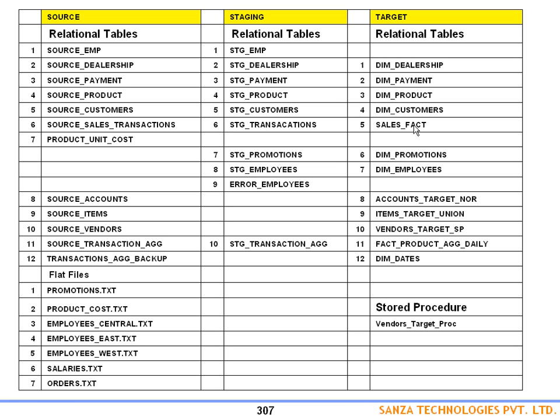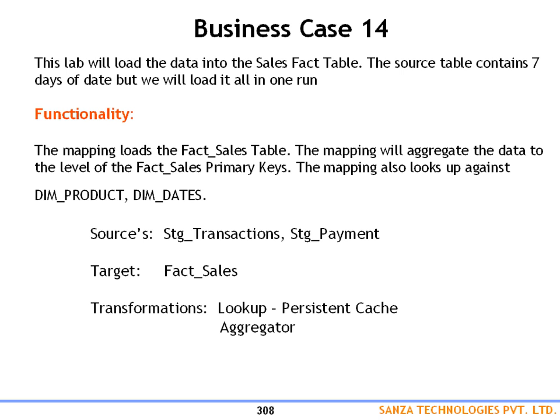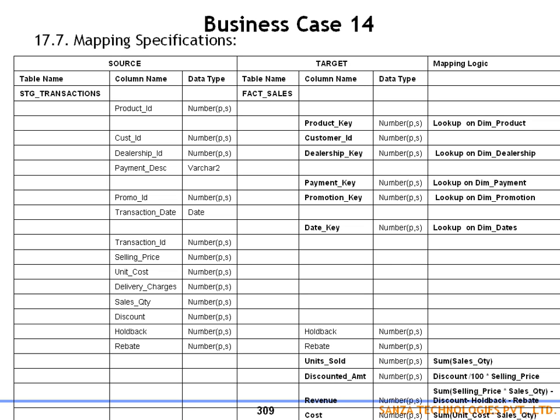While we are loading the data into the sales fact table, we need the keys of the dimension tables. Now let us look at the requirements. The mapping should load data into the fact table, and while loading it should aggregate the data to the level of the fact sales primary keys. From the STG transaction table you need to load data into the fact sales table,